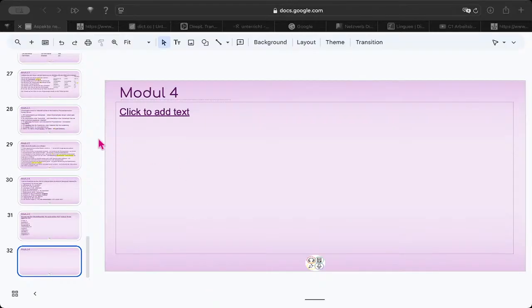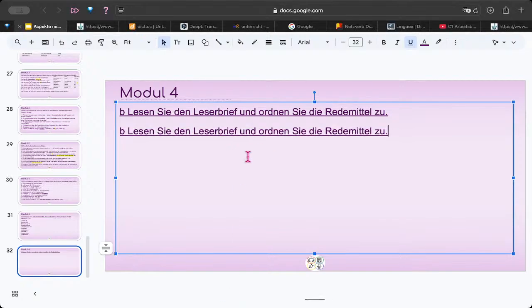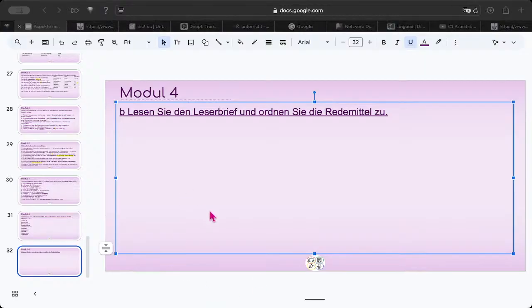Lesen Sie den Leserbrief und ordnen Sie die Redemittel zu. And then you have these. Andererseits muss ich auch zugeben, that's like typical Redemittel that you would use. But in real life, you kind of try and avoid these. I know that's kind of irrelevant, but like, mit großem Interesse habe ich etwas gelesen. That type of stuff, in real life, you could, it's not wrong, it's correct, but